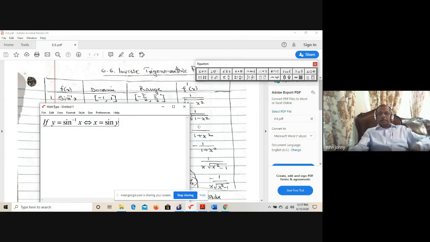That is the easy way of saying it. So if y is equal to sine inverse x, then x is equal to sine y, but there is a